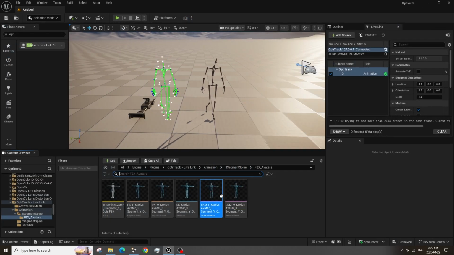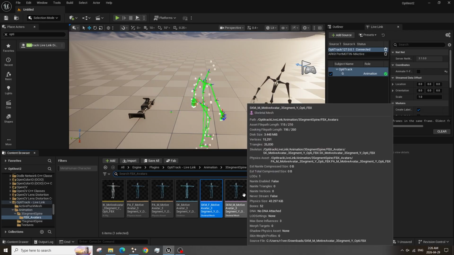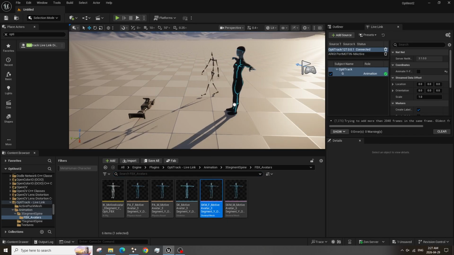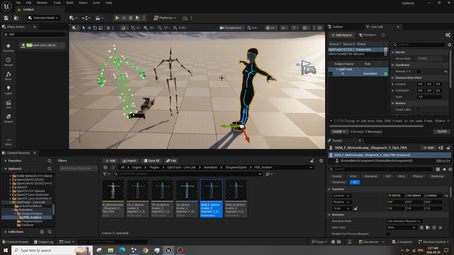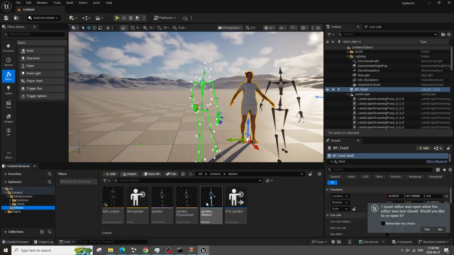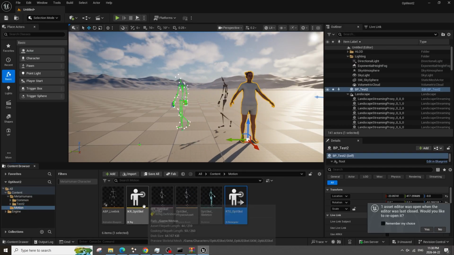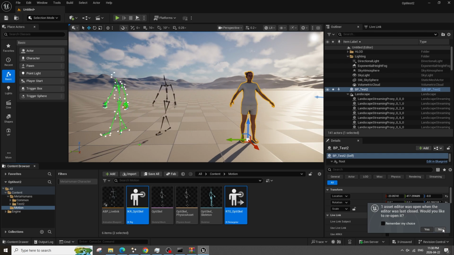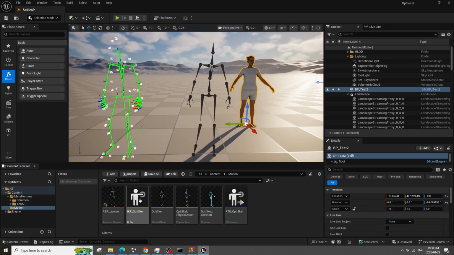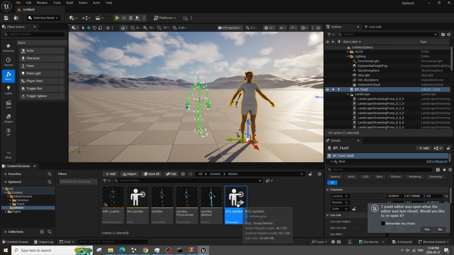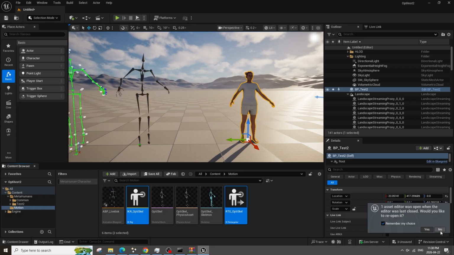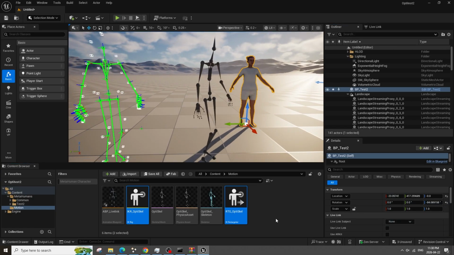And just like the Metahuman, whatever custom character you're going to use, Quinn or Manny, they're also not created to receive that Optitrack data. Bone namings are different. That retargeting asset is the bridge between that skeleton that can receive the data from Motive and the target we care about. In our case, the Metahuman. That retargeter, as you can see, it's called an IK retargeter. So we have to create an IK rig of our skeletal mesh. Luckily for you, since you're using my files, I already created an IK rig for you. All you have to do is double click